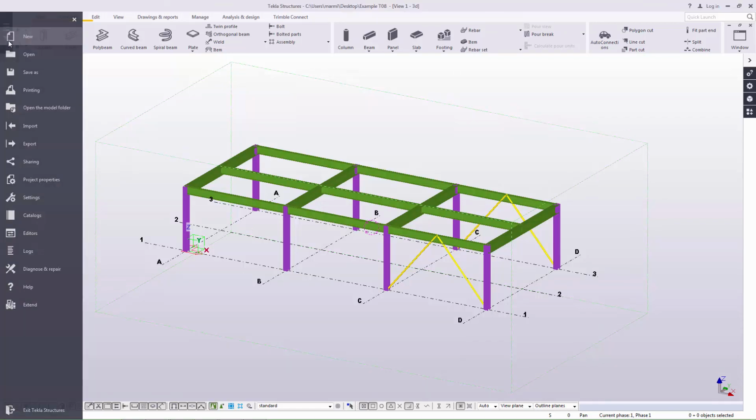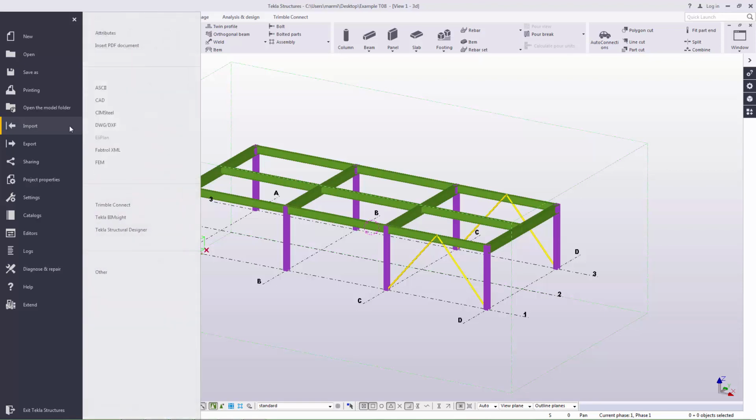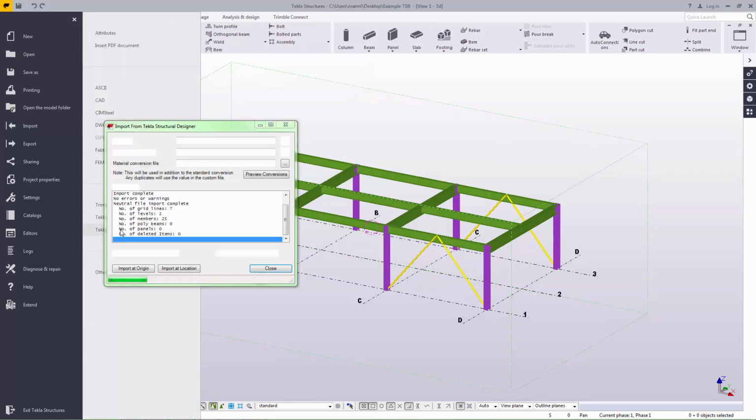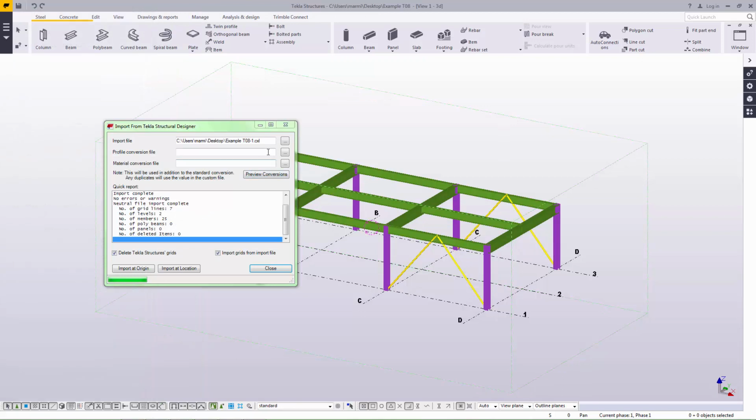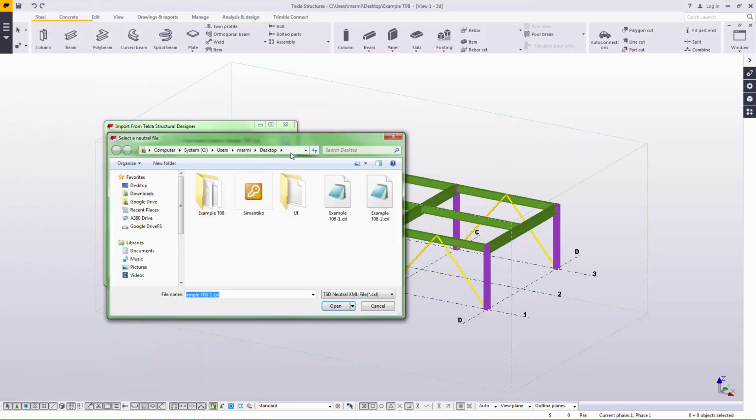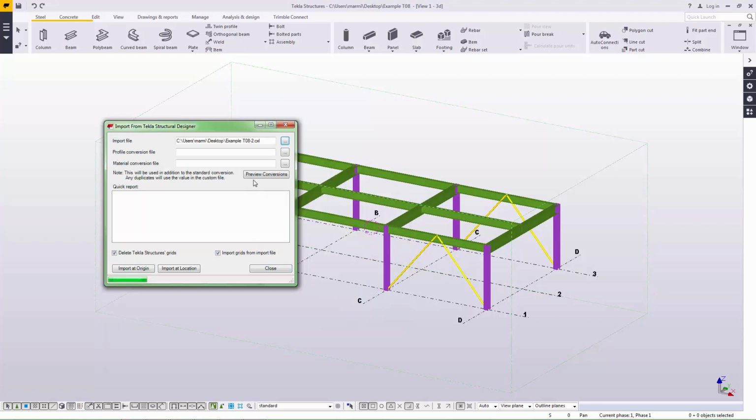To import the second CXL file, we use the command Tekla Structural Designer, import from, which is available through the file drop-down menu. In the import dialog, we set the correct file name and location and can also preview conversions to ensure that there will be no mapping problems. After we have checked and verified this information, we can use the import at origin command to complete this stage